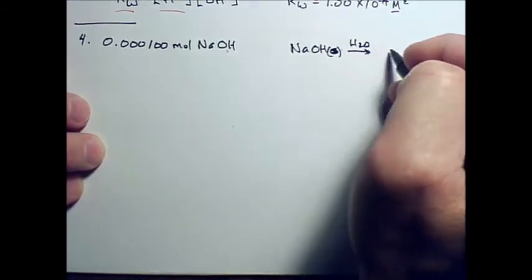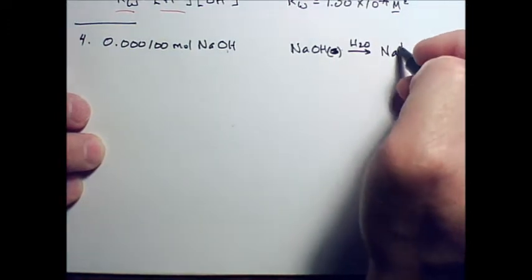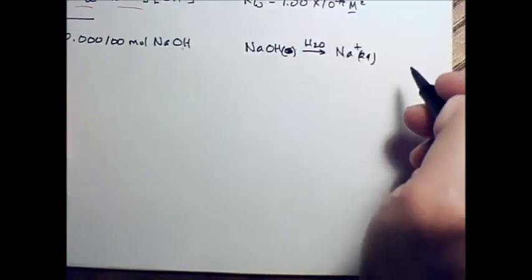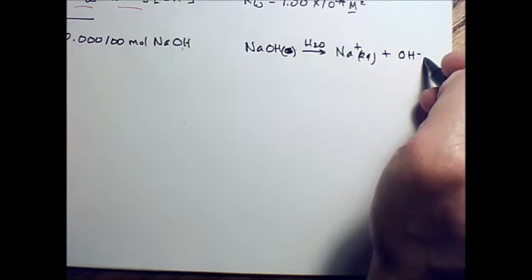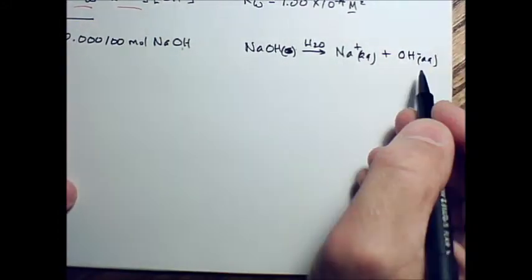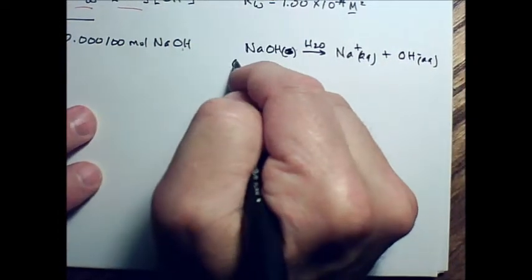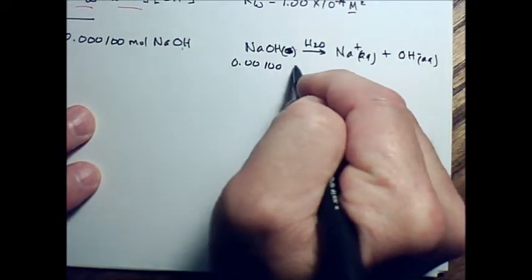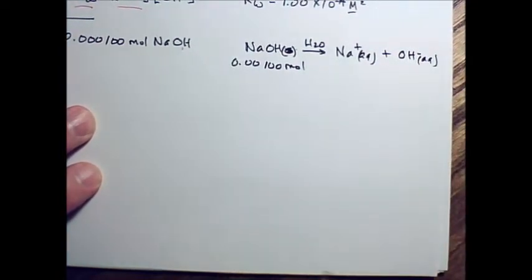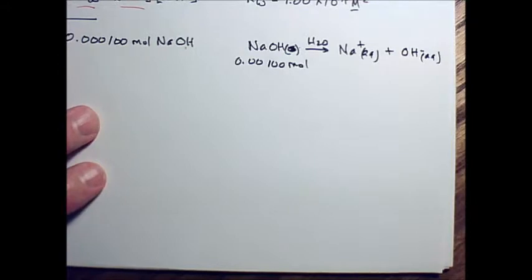Put it in water, you get Na+ plus OH-. And so if this breaks up completely, if we start with 0.000100 moles of this, all of that's going to go away. And it's going to become